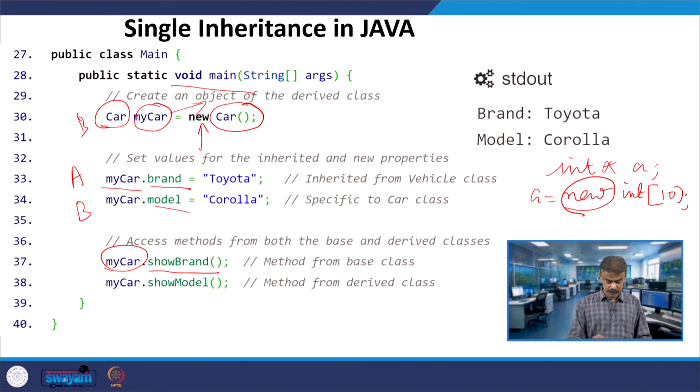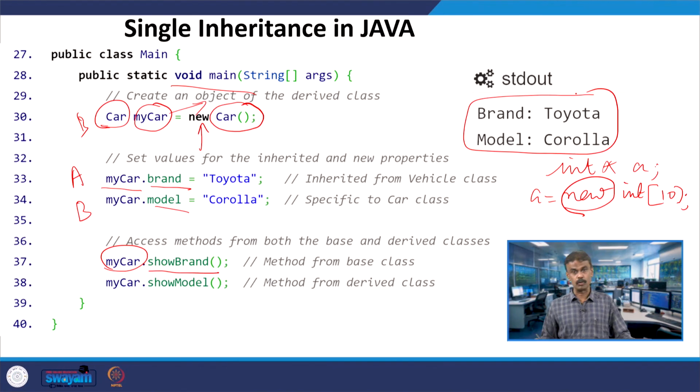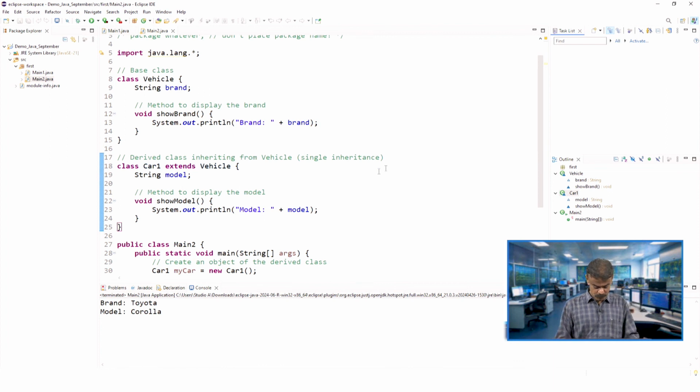which will print Corolla. That is what you get as the output. This program we can see in Eclipse also. If I open Eclipse, here you go, the same program. If I run it here, you can see you are getting the output, Toyota and Corolla,